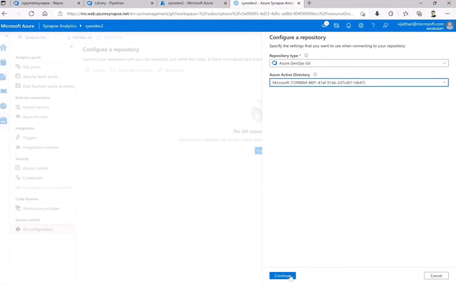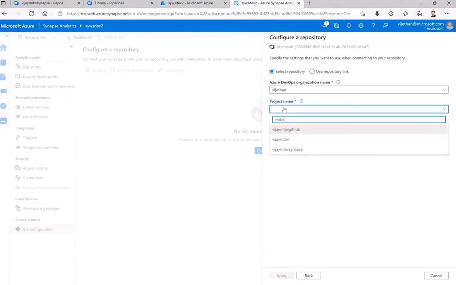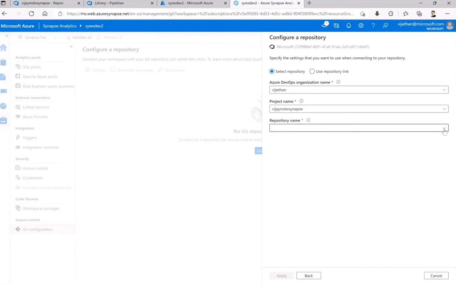Okay. So in my case, it is Microsoft. So in that, I will just go ahead and select my organization name. Okay. And then following that, it will ask me the project. Let me put Synapse, and obviously our repository is also named by the same name.